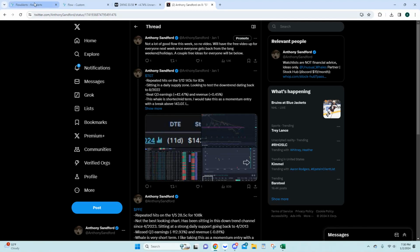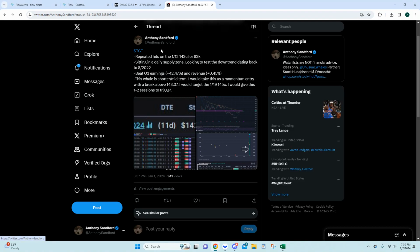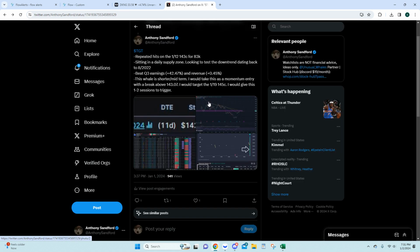So let's start with the flow here. Let's look at the trade ideas first. We're going to start with Target here. We had repeated hits with a descending fill on the 112, 143 call, and some basic information here. Obviously, you can see the